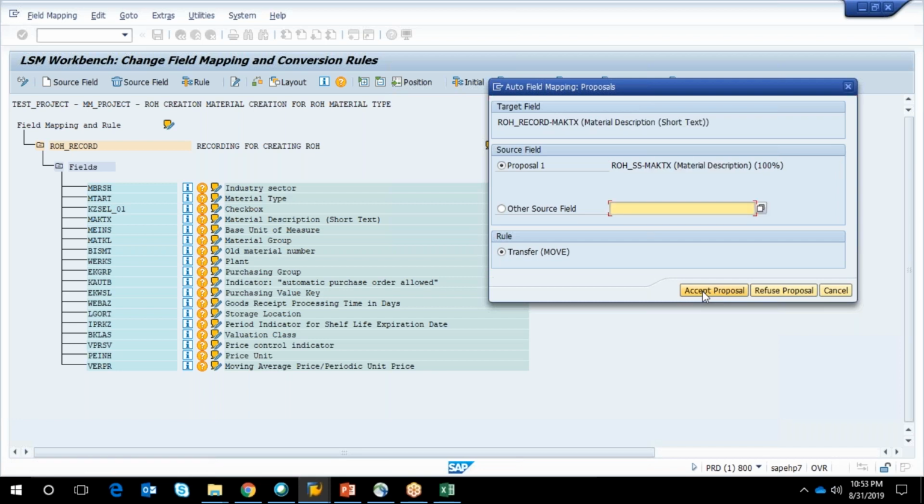Now again I'm giving accept proposal. So material description, same like that, till VERPR, which is a moving average price. Till that we have to do it. Okay. Just click accept proposal,